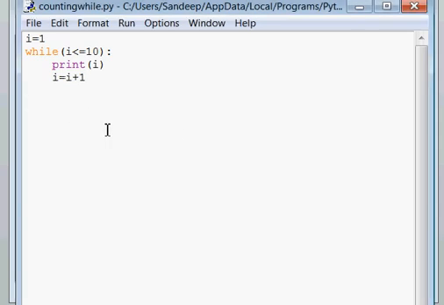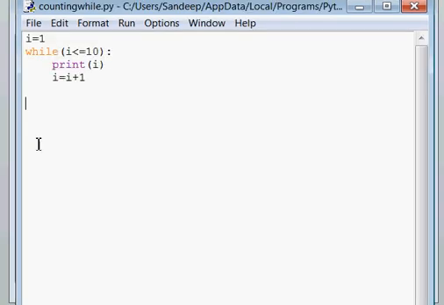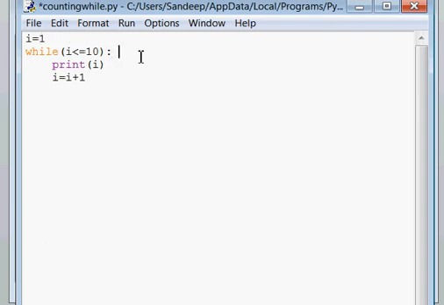So I have again made a code. We are checking it. It is again printing the output 1 to 10. How it is working: your I will be 1 at the first position, and now it is checking, is 1 less than 10? Yes. If yes, then it is printing 1 in your output window. Now your I becomes 1 plus 1, that is 2, and your code control again goes to this statement and it is checking, is 2 less than 10? Yes. Then it will print 2 in the output window, and now it is changing I: 2 plus 1, I will be 3 now.